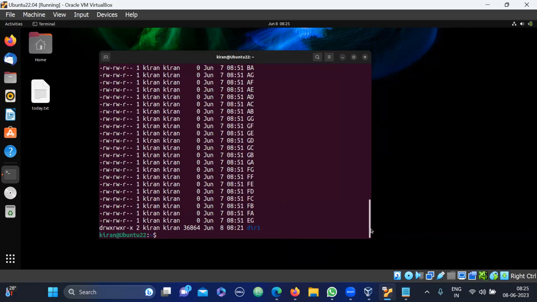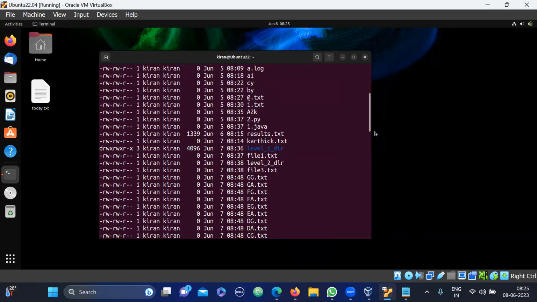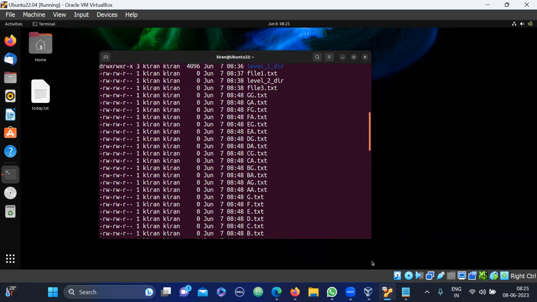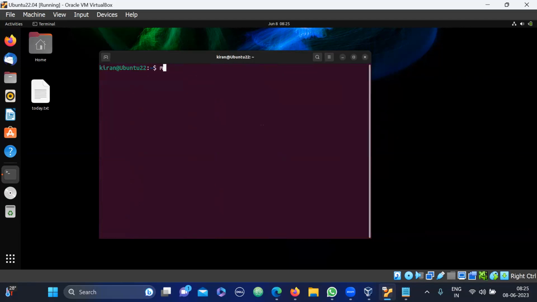Magic directory is not created. Why is it not created? Because we didn't give the complete path, the -p option. We didn't give it. That is why it is not created. Let's go back: mkdir -p and then magic. Okay, magic is done. Now inside the magic directory, I need to create again dir and then